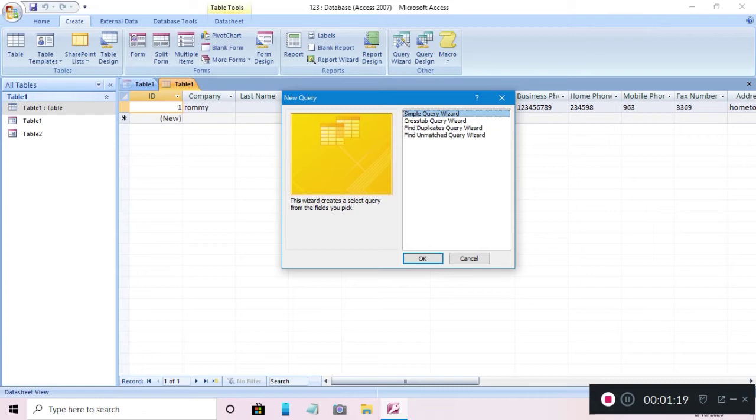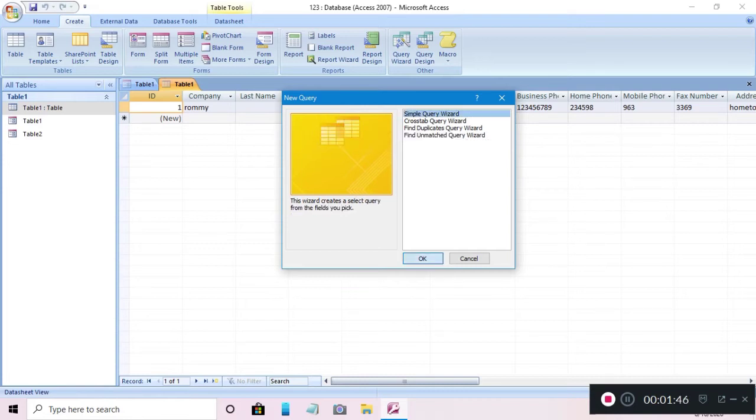These are the different types of queries. When you create a simple query wizard, the appearance will come on your screen this way. And cross table, find duplicate, and find unmatched. All right, so I want a simple query wizard.